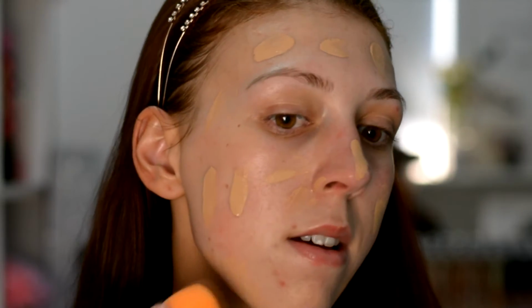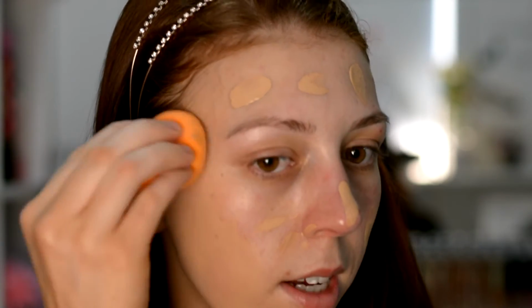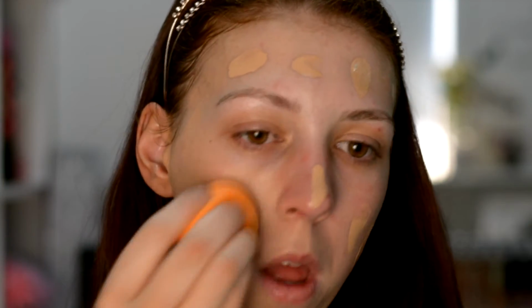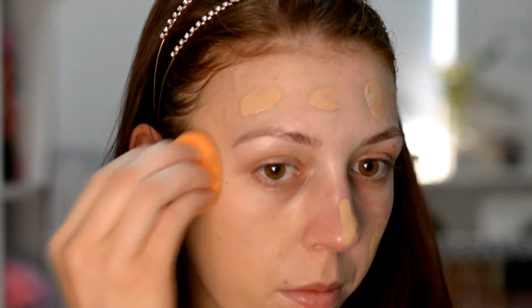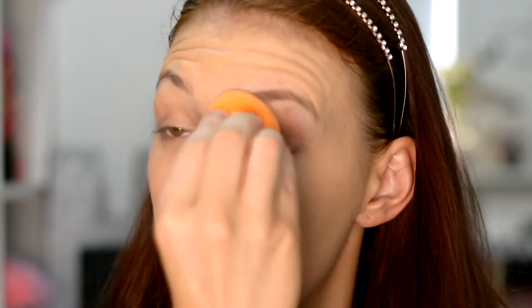Let's blend this baby and see how we go. Alright, so it seems to blend nicely. But it's not covering a lot of my redness. Alright, so I reckon that the colour matches really well with my neck, so that's definitely a good colour choice. Now, it hasn't covered a lot of my redness, but I think I might give it another go and try